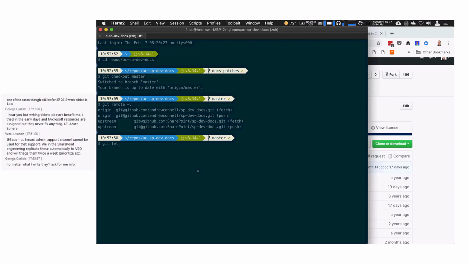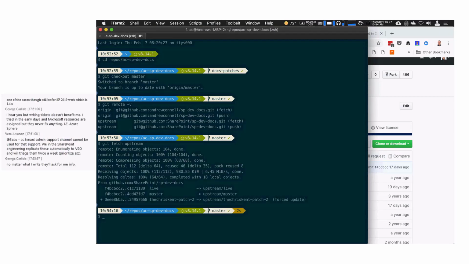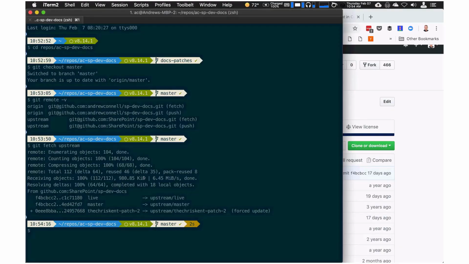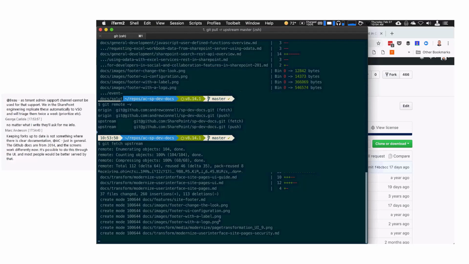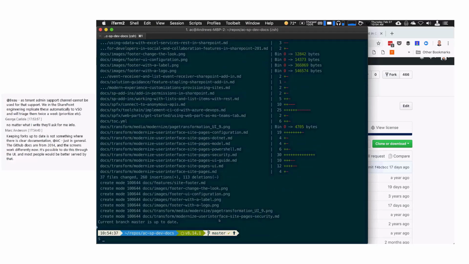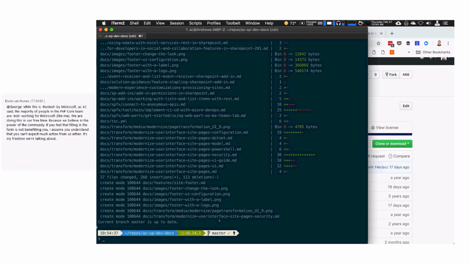And so what I'm going to do is I'm going to say git fetch upstream, and this is effectively saying go download all the data from the SharePoint repository. The next thing I'm going to do is a rebase, and that basically says take my existing branch that I'm on, which is master, rebase it off of upstream's master branch. And what that's going to do is take all the changes from the one up from Microsoft,